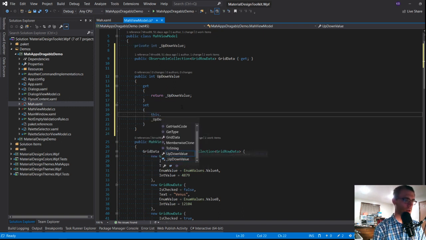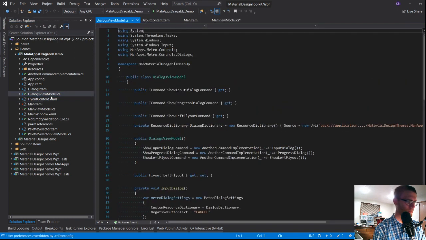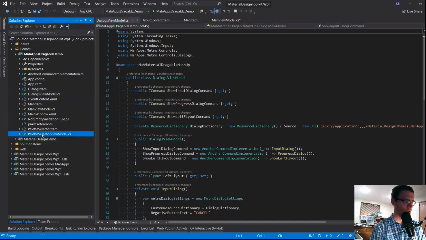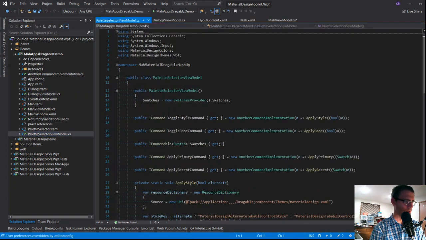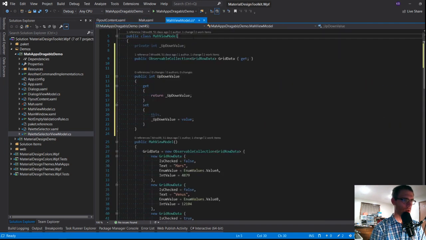And then I think there is a... Do I not have another command implementation, dialogues view model? One of these I thought had an INotifyPropertyChanged implementation. Doesn't look like there's one in here. That's disappointing. Okay. INotifyPropertyChanged.